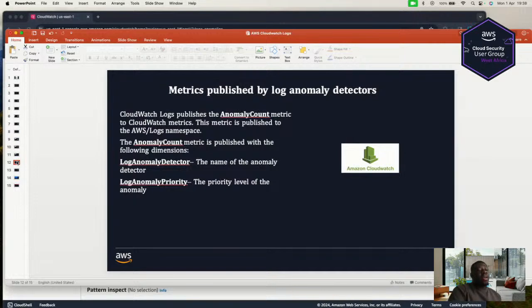A priority is a scenario where there has been a high deviation from the baseline. Once there's been a high deviation from the baseline, of course, you have a high priority. But in scenarios such as where you have